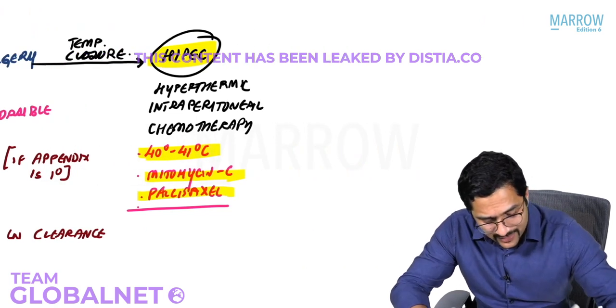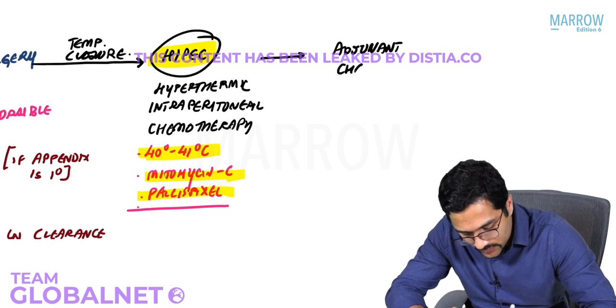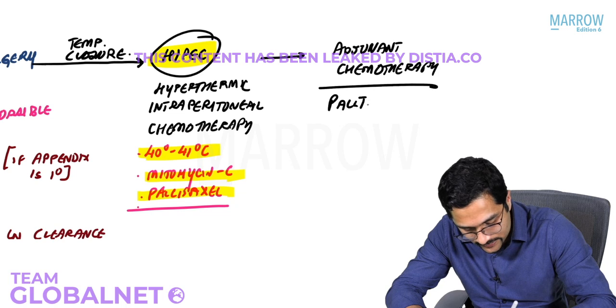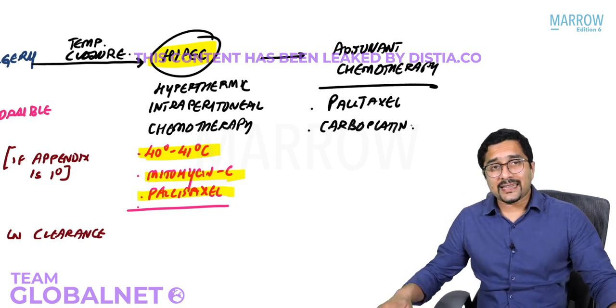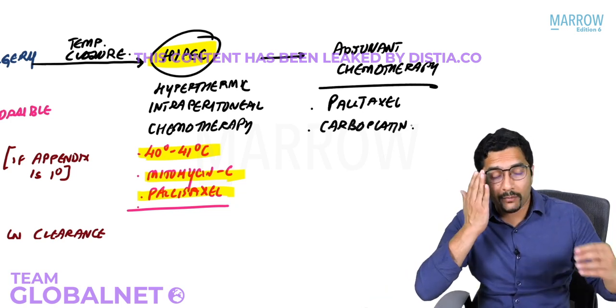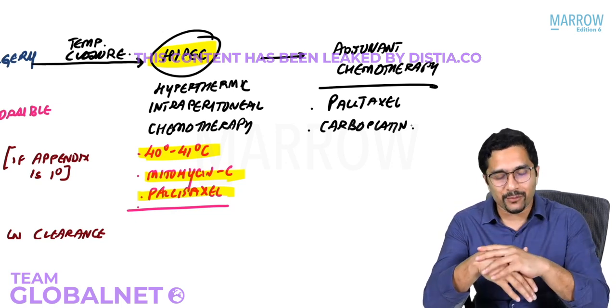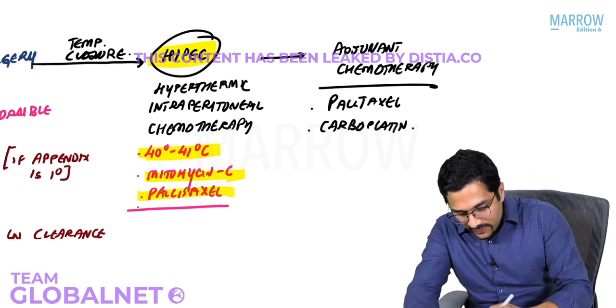Once this is done, then the patient is going to get adjuvant chemotherapy. That means once the patient has recovered from the surgery, then they get normal chemotherapy, which is Pacli and Carbo. So that is paclitaxel and carboplatin. That is the chemotherapy which is given in these patients, and that is the management of pseudomyxoma peritonei and high-grade appendicular mucinous neoplasms. So that brings us to the end of this module,